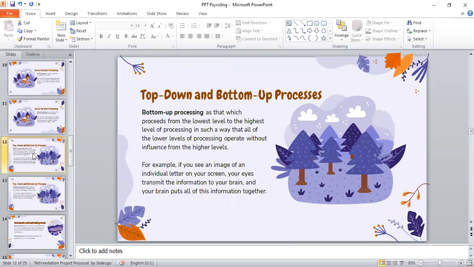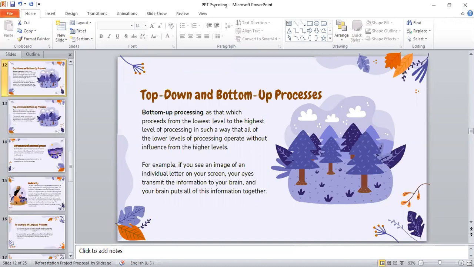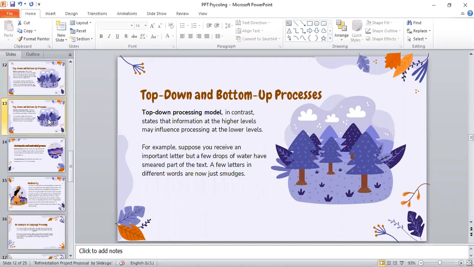Top-down and bottom-up processes. Bottom-up processing is that which proceeds from the lowest level to the highest level of processing, in such a way that all of the lower levels of processing operate without influence from the higher levels. For example, if you see an image of an individual letter on your screen, your eyes transmit the information to your brain, and your brain puts all of this information together. Next,